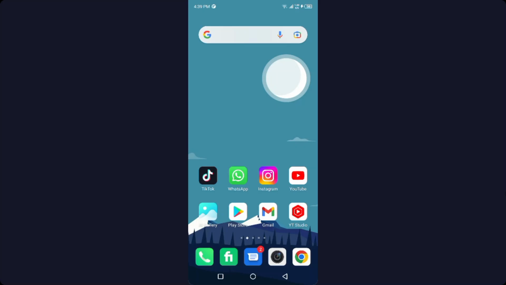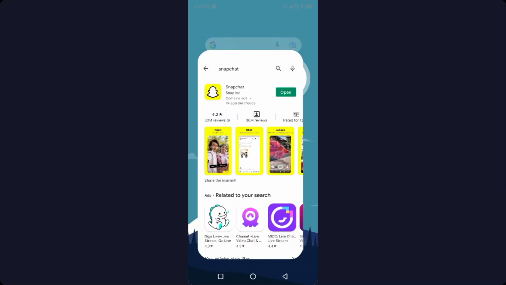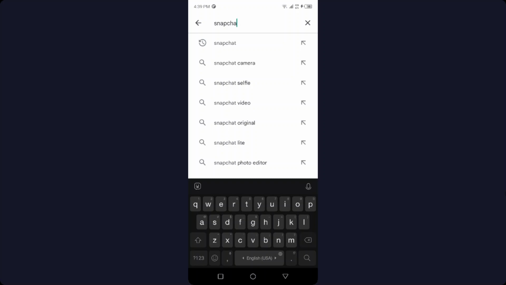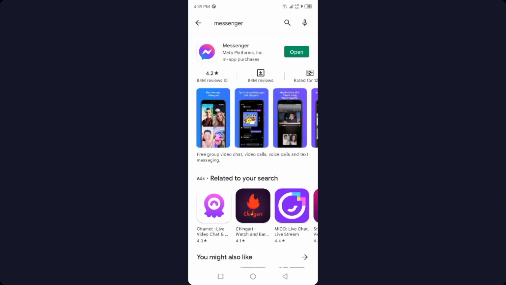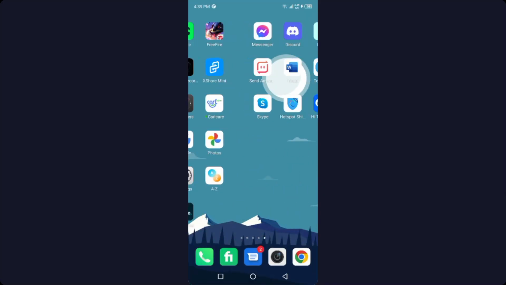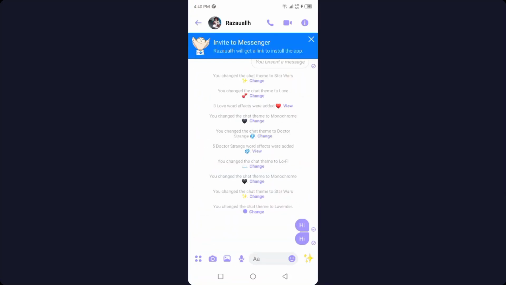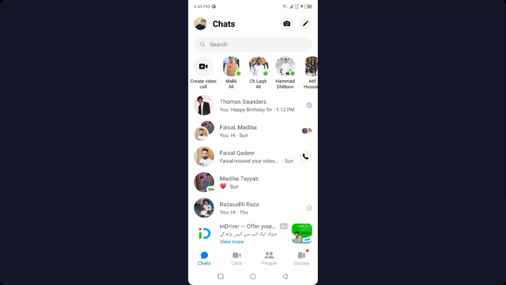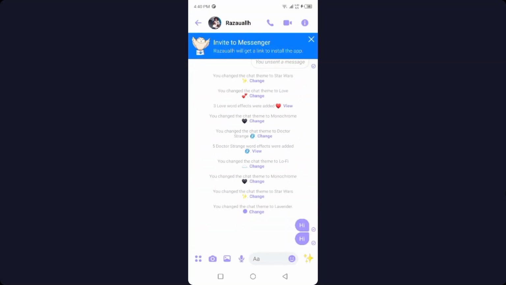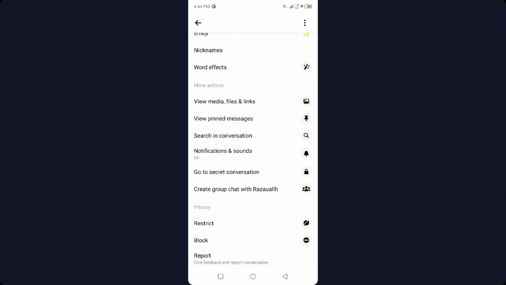So the first step you need to do is to open Play Store and update your Messenger application. Once you update your Messenger application, you simply need to go and open your Messenger application. Once you open it, you simply need to select any conversation, and then you need to click on the icon in the top right, and here you need to scroll, and here you can see the option of